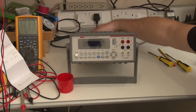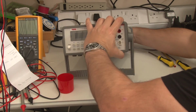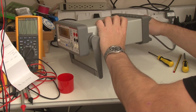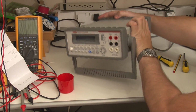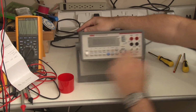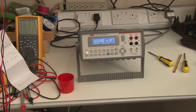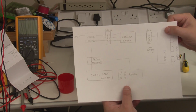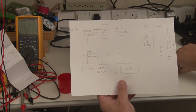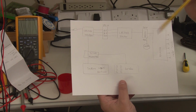Okay, so all back in one piece. Let's see if it actually works again. Yeah, no problem. Okay, now I did draw a really basic architecture, and as you can see, I really threw it together very quickly. Not that it particularly matters. I thought it'd be worth looking at though,